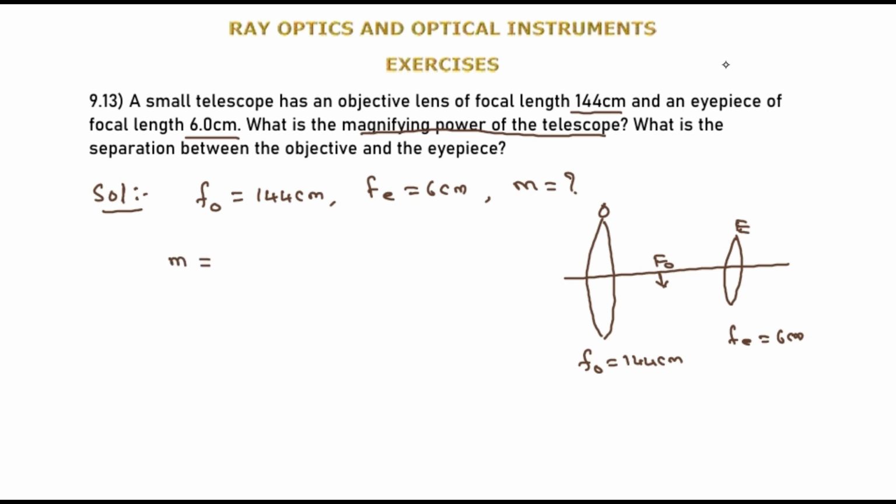Magnifying power m is equal to f naught divided by fe. F naught is 144 centimeter, fe is 6 centimeter. That is equal to 24. What is the separation between them? The separation between them is